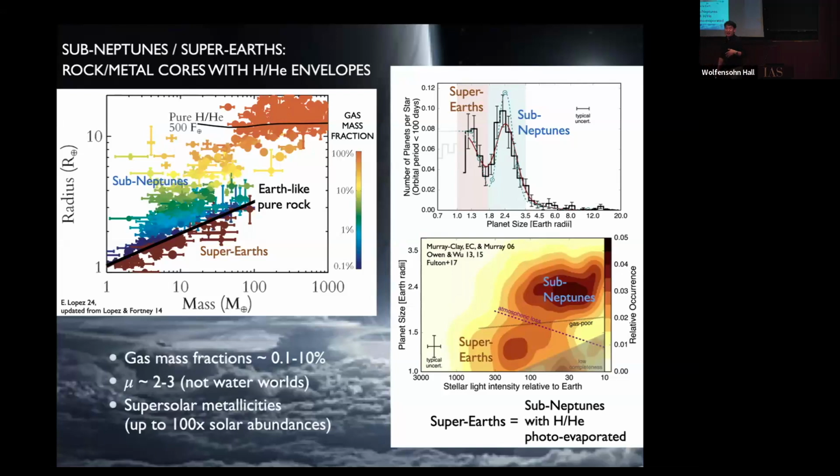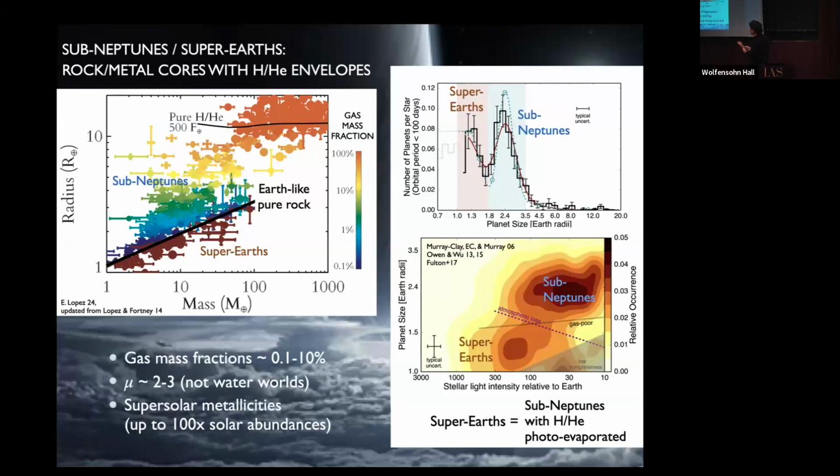I think, and others think, but not everyone thinks, that these envelopes are made predominantly of hydrogen and helium. Basically, because then it's easy to understand this bimodal radius distribution between sub-Neptunes and super-Earths. The super-Earths being the stripped bare, photoevaporated cores of sub-Neptunes that were too close to their host stars or were too strongly irradiated by X-ray and UV radiation and were just stripped bare, okay? Hydrogen is relatively easy to photoevaporate. Water worlds, not so much. Oxygen, carbon, hard to escape.